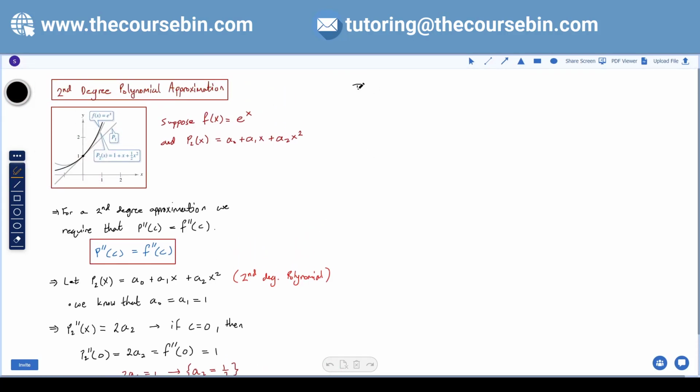We can say, in general, the nth degree polynomial approximation of f of x equals e to the power of x will be